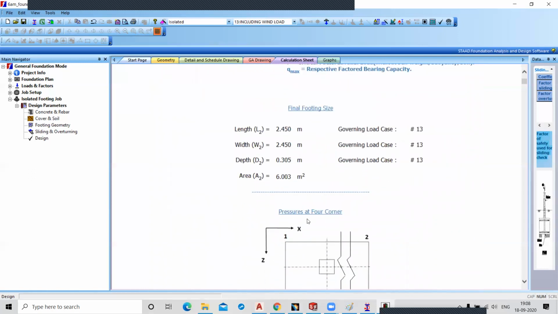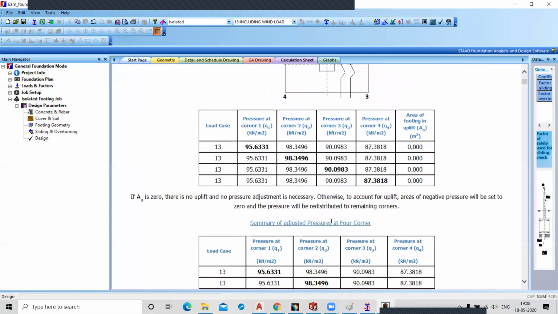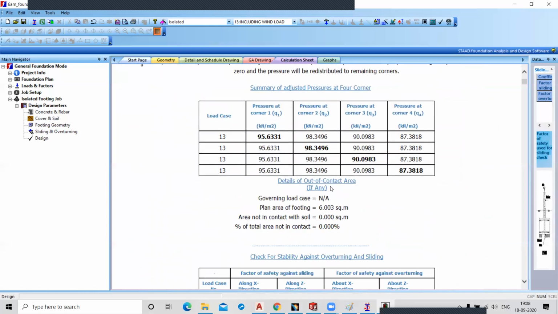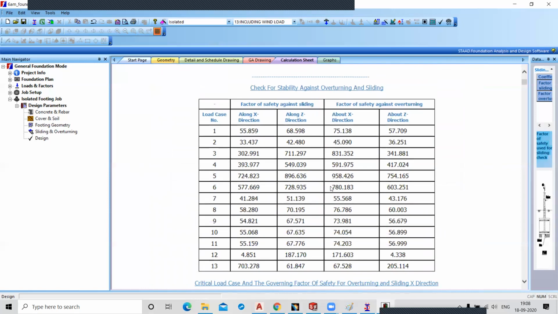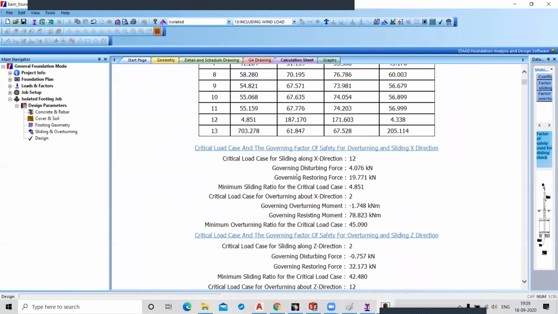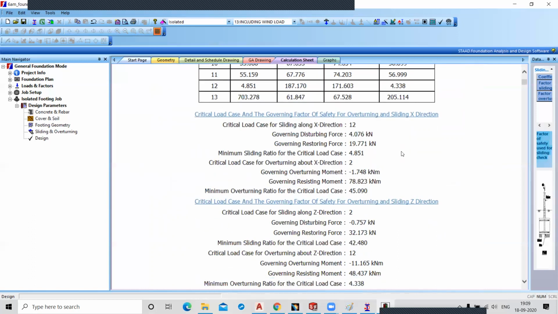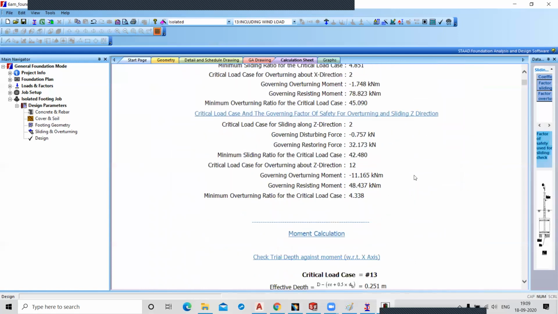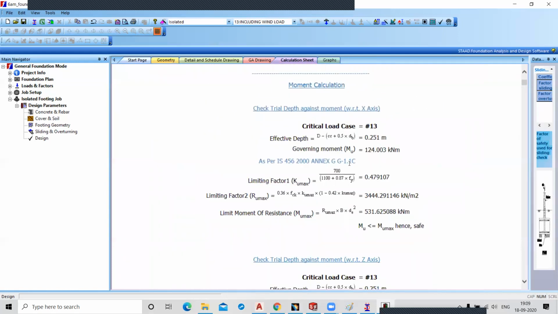See here, pressure at the 4 corners. Okay. Detailed output of the contact area, and this is your critical load case and the governing factor of safety, overturning in X direction or Z direction. Moment calculation. In the moment calculation, the value is hence safe. Mu max is less than or equal to Mux.